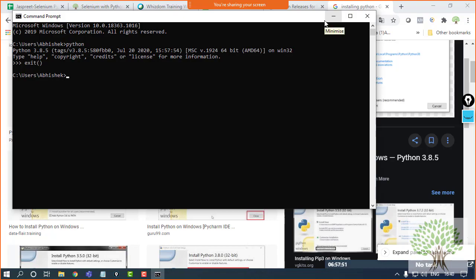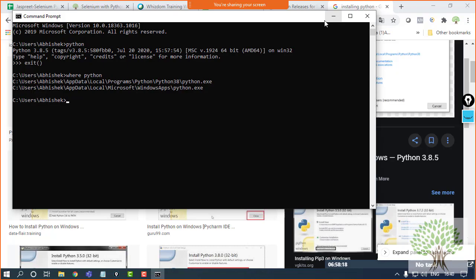I'm telling you that in case you are not able to find where your Python has actually been installed, you forgot the path and you require it to add it somewhere, you can just use the command where python. This question is usually asked when people are not able to find the path of their Python where it's installed. Once you run this command, it will give you two paths, one for the script path and one for the exe. Both of these are over here.